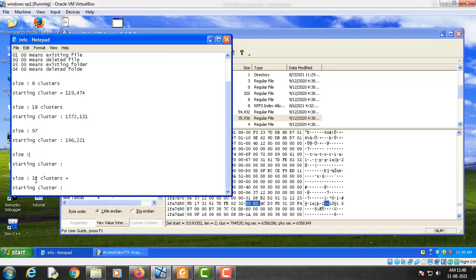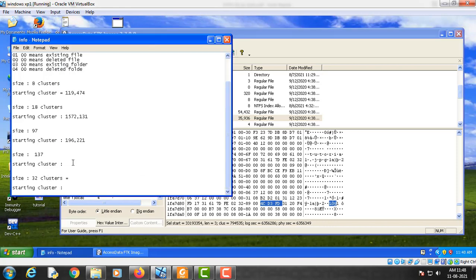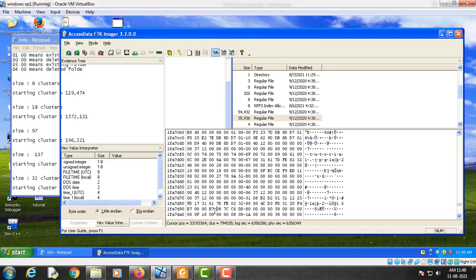So 137, and this 3 tells us that we have to use the next 3 bytes, which is this.